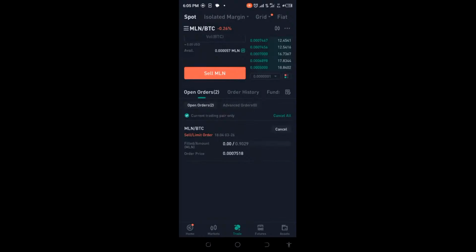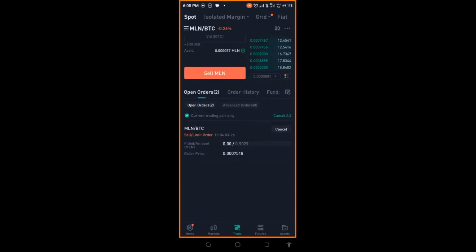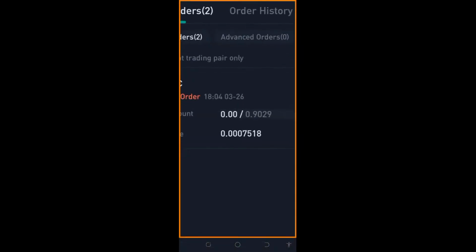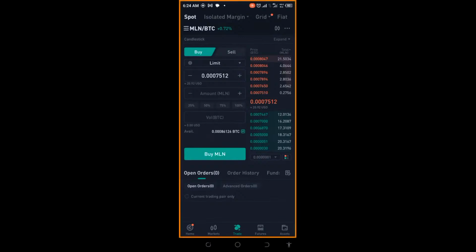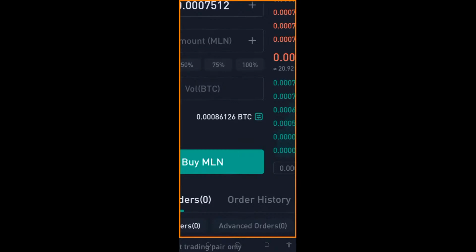Okay, so here we are, currently in the queue and trying to see whether we can get this sold. All right. So here's the story of our inter-exchange arbitrage. Let's wait and see how long this will take. I'll be back with the results. All right, so I'm back. And right now we have sold the MLN to BTC. So how much do we have? We've gotten a